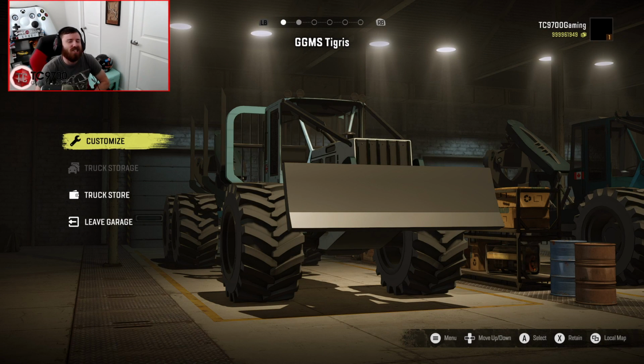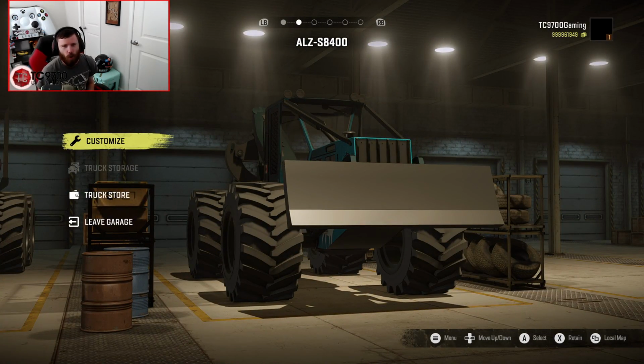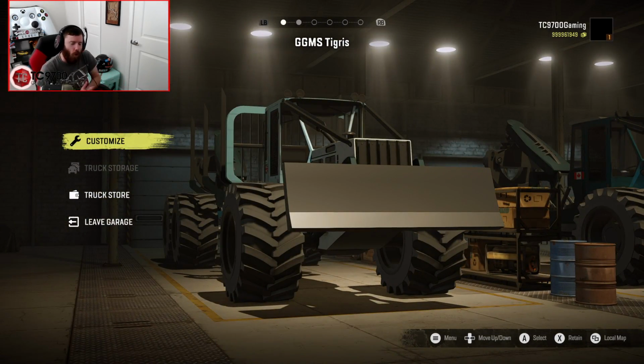Welcome back to SnowRunner, guys, and today we're going to be having a look at a pair of vehicles that come in a mod pack from Gaskell Games. Now, there are two vehicles here. There's the GGMS Tigress and the ALZ S8400. Now, this is a forwarder and log skidder combo pack, and there's a lot to dive into with this pack